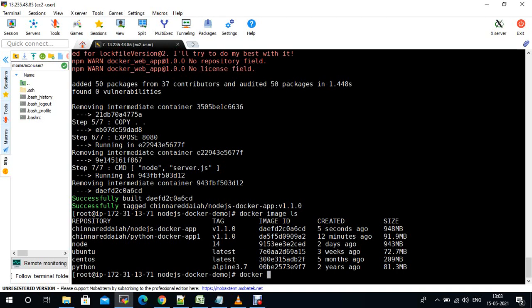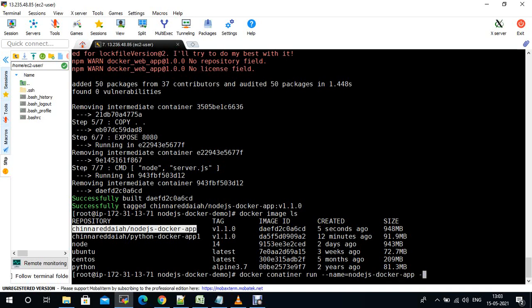You need to give docker run or docker container run, anything is fine. The best practice is to give docker container run. Before the image name and version, you provide the name. I need to give the container name, my own name, something like nodejs docker app.